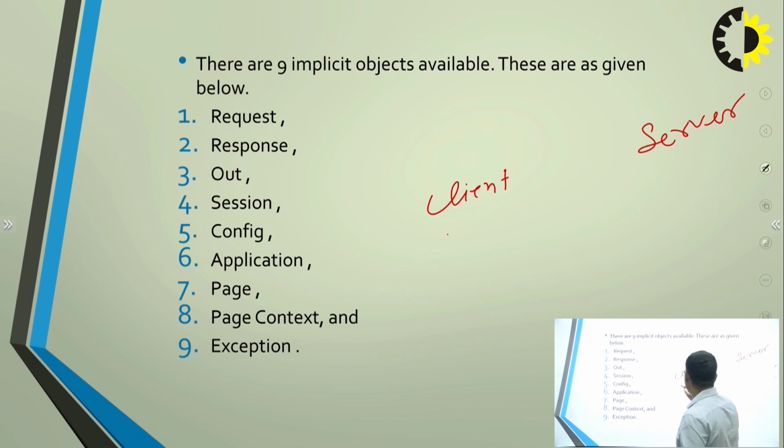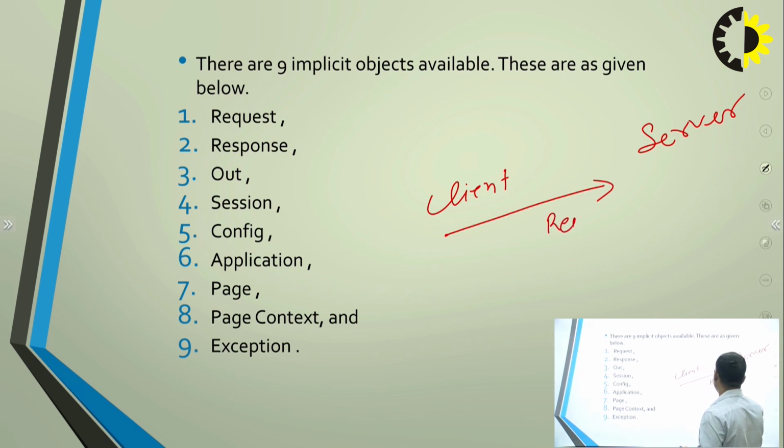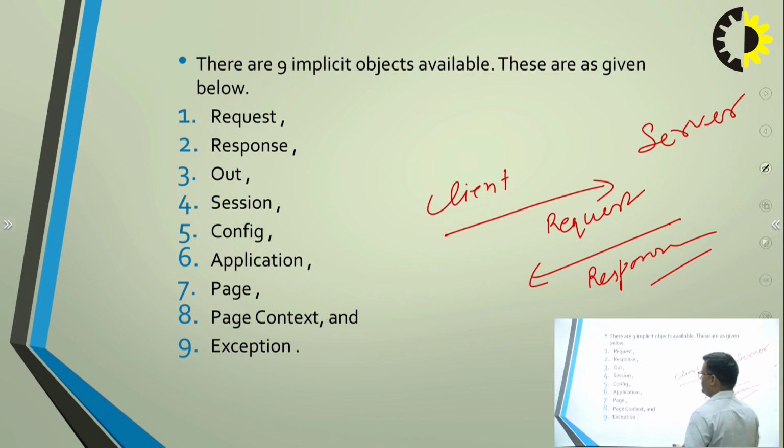So first of all, the client sends the request, and after sending the request, the server provides a response to the client. In between, we will also provide the output,